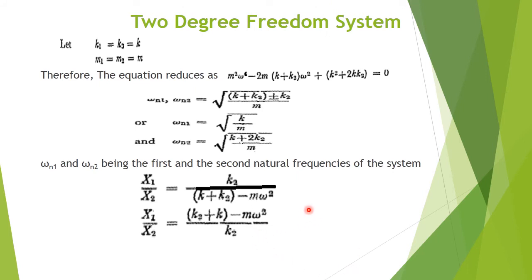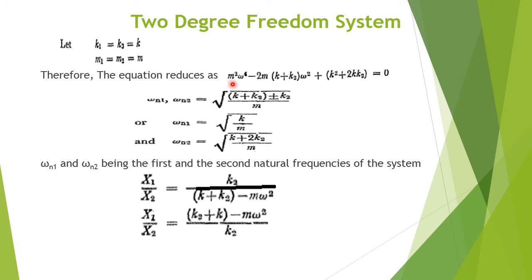Now we are considering a special case when the first spring and third spring, we are considering the stiffness k1 and k3 are equal, that is equal to k, and the masses m1 and m2 are equal, that is equal to m. Now putting these values in the below equation, we will get,